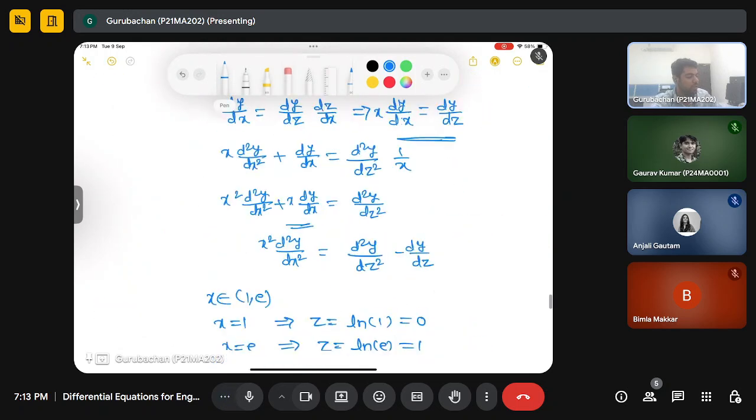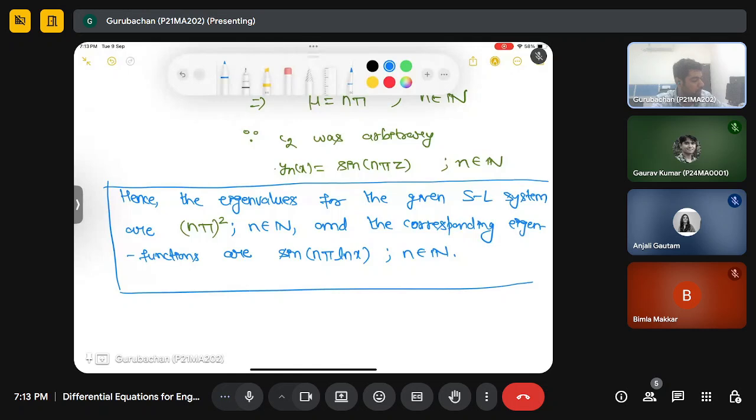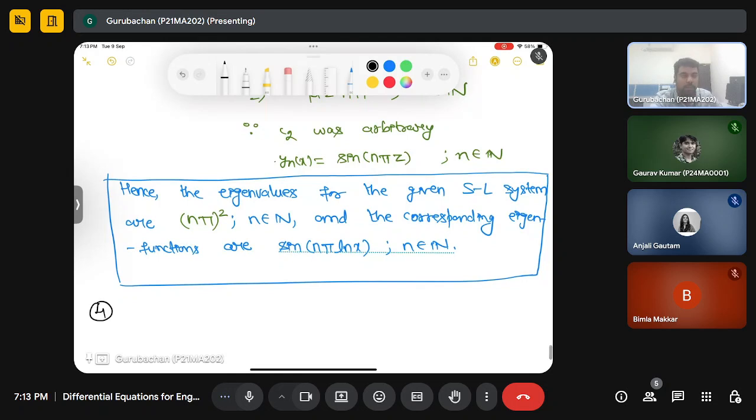And the last one is, again, we are getting only one eigenfunction, that is with respect to lambda positive, that is the third eigenvalue case. Okay, so this is the Sturm-Liouville system,